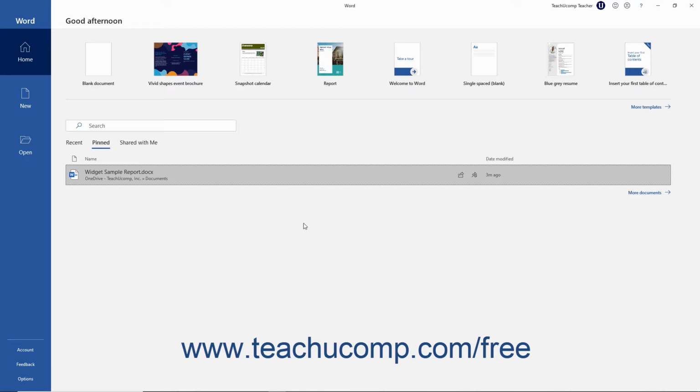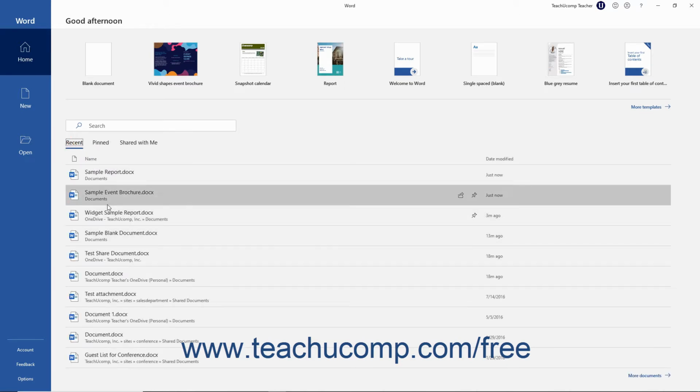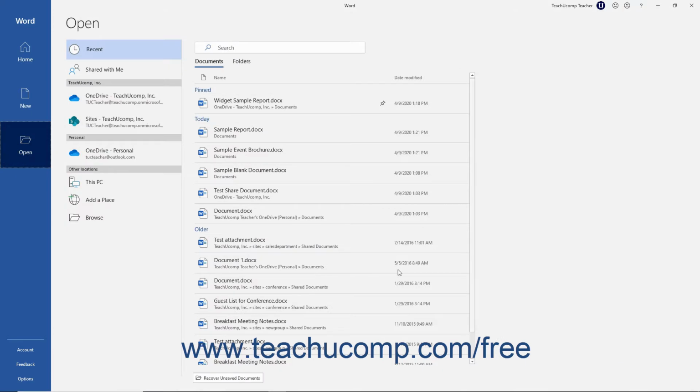To open a pinned or recent document, simply click its name within the list. If the file to open doesn't appear in the pinned or recent list, then you must know where it is saved. You can click the More Documents or Open Other Documents command in the panel to reveal the Open category